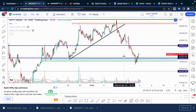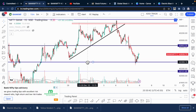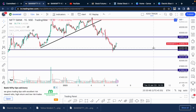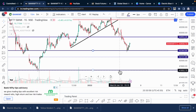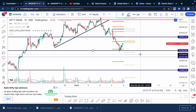Now, seeing the levels for tomorrow, we'll get rid of this zone and we'll bring this line over here. And everything else remains the same in the chart. If this low of 42,360 goes, that is today's low, the targets are 42,120, and probably we could, this is very big target, 42,650. So because of that, we'll use CPR. We have 42,200 and 41,800. The CPR levels also we can use, but this we should at least on 15 minutes be trading below